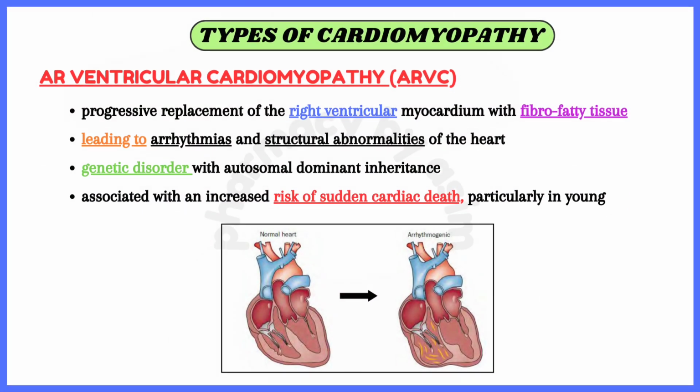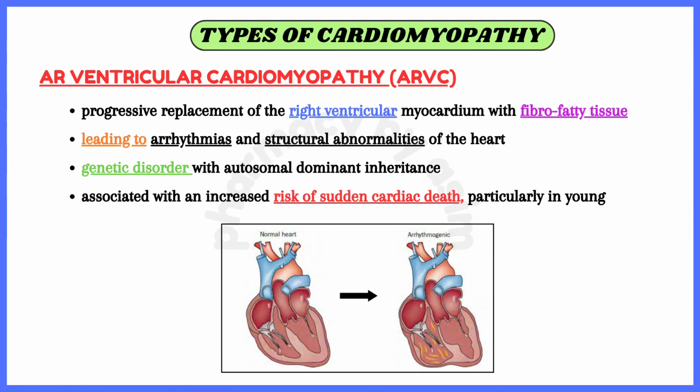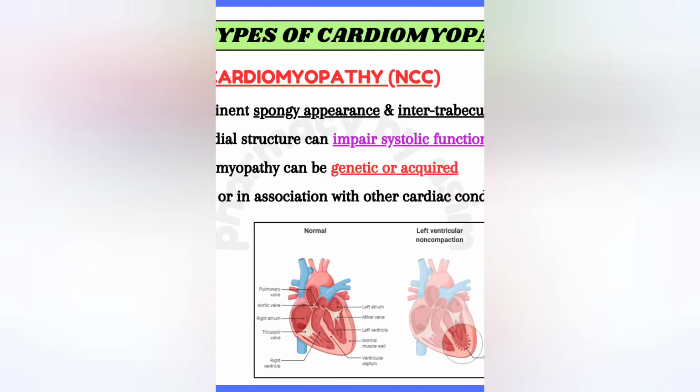Number four is arrhythmogenic right ventricular cardiomyopathy or ARVC. Arrhythmogenic right ventricular cardiomyopathy is characterized by progressive replacement of the right ventricular myocardium with fibrofatty tissue, leading to arrhythmias and structural abnormalities of the heart. It is a genetic disorder with autosomal dominant inheritance and is associated with an increased risk of sudden cardiac death, particularly in young individuals. Number five is